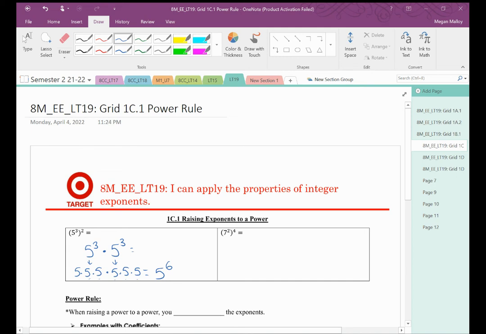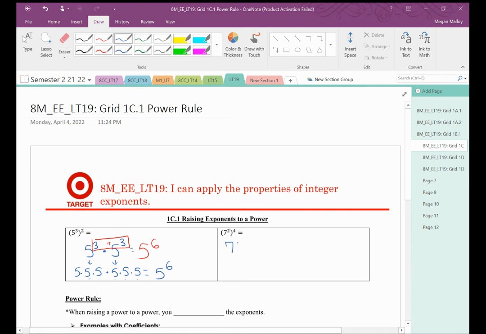If we did our product rule, which we talked about in a previous video, when I'm multiplying the common bases, remember I add the exponents. So that verifies that 5 to the third times 5 to the third is 5 to the 6th, because we do 3 plus 3. If we look at our second example, we have 7 squared raised to the 4th power,